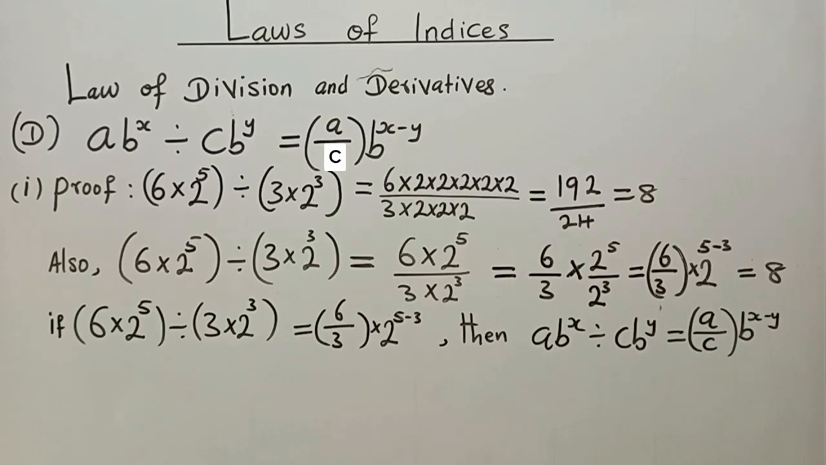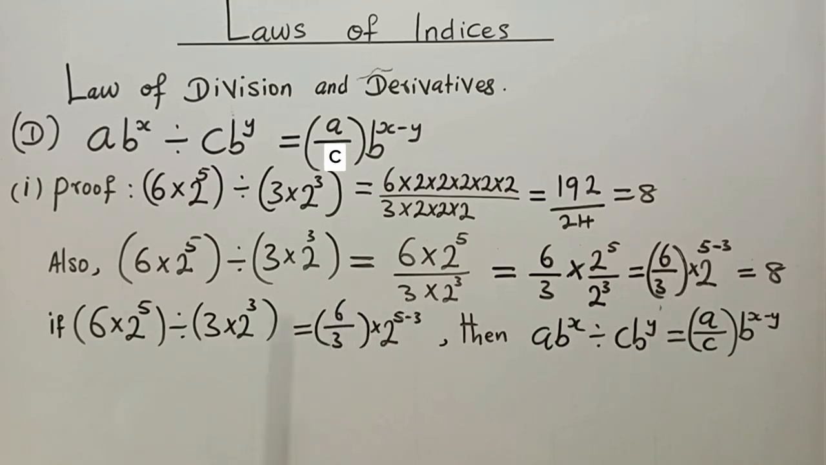Let us make a kind of deduction from this second line of action. Let us observe that this, which is the same thing as this, is equal to one of these results. This is a result, this is also a result, this is also a result, and this is a result. I want to equate this expression to this, giving rise to 6 times 2 to the power 5 divided by 3 times 2 to the power 3 is equal to this, which is 6/3 times 2 to the power 5